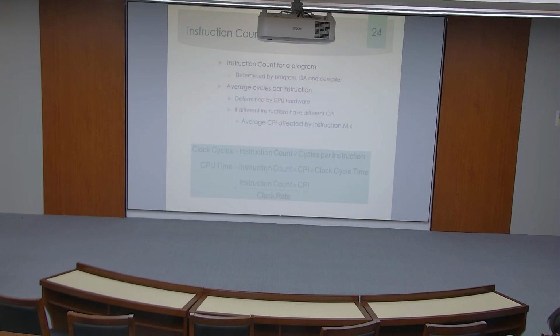Now, the next concept that we're going to learn is about instruction count and cycles per instruction. We have the instruction count for a program, and this is determined by the program itself, the instruction set architecture, and the compiler. We have average cycles per instruction. This is also determined by the CPU hardware itself, and if we have different instructions, we also need different cycles per instruction. We can calculate the average CPI, average cycles per instruction, which is affected by the instruction mix. So clock cycles